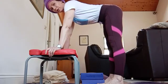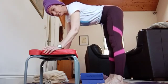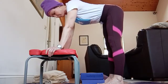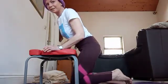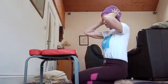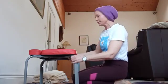My hands are underneath my shoulders now. Now you, in your world, are actually going to stand upright. Me, I'm not going to do that. I'm going to come back down to seated, but you go up to upright. I'm not going to do that because I'm going to end up out of the picture and it'll look even crazier. So